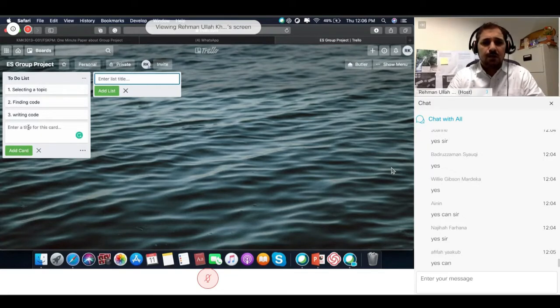This to-do list is for all of your group members. Oh, one important point I missed. Once you create this project, let's suppose the group leader creates this project, then how do you invite your other group members? You see here is the invite button.